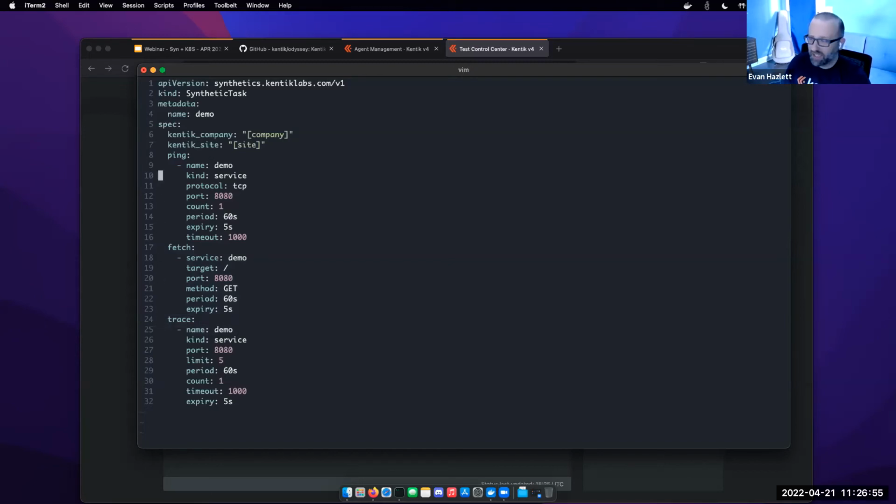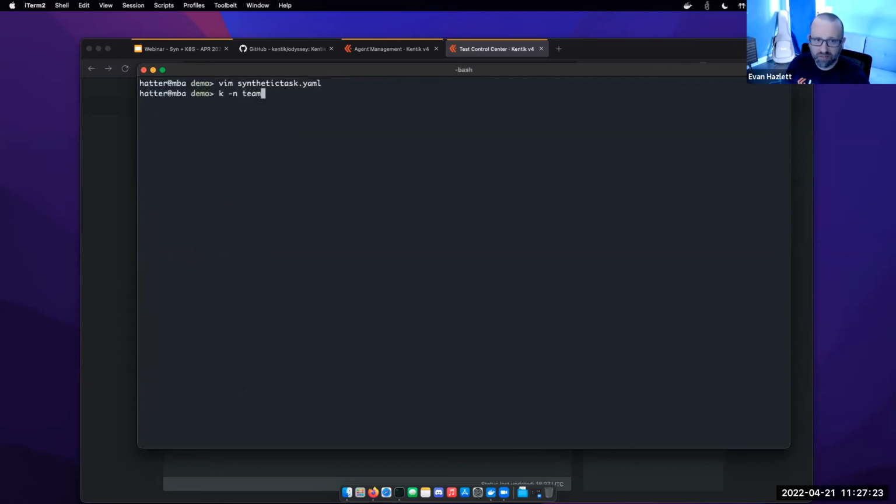Now you'll notice there are no endpoints and IPs here. One feature that Odyssey does is it will reconcile and resolve whatever Kubernetes object you use to whatever the underlying endpoint is. In this case, I simply have to say, I'm going to use a service and I want that to be demo, and that I'm going to resolve this. At the same time, we can do the same thing with the HTTP GET. Use the service demo and specify the targets, right? So if I apply these out,